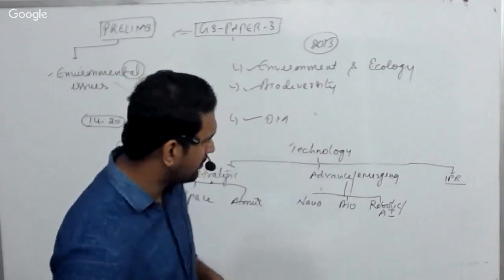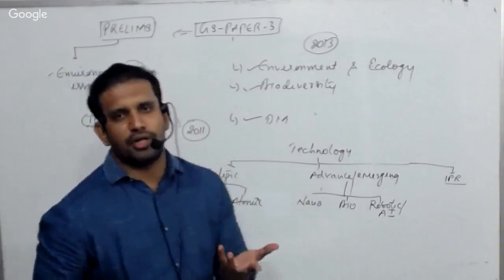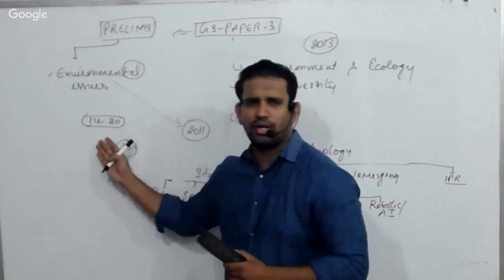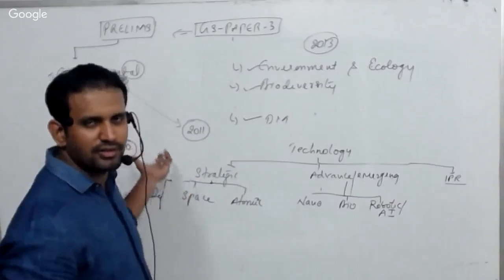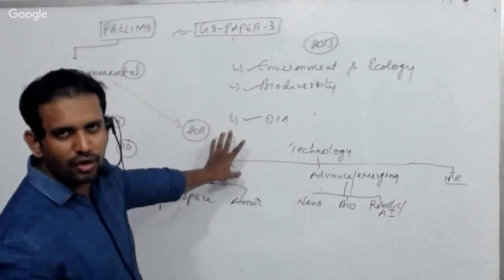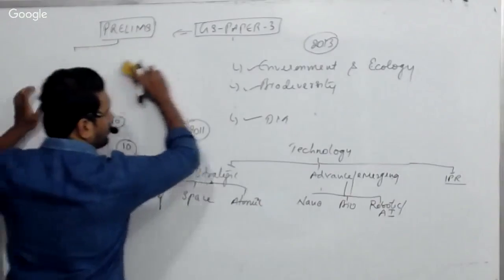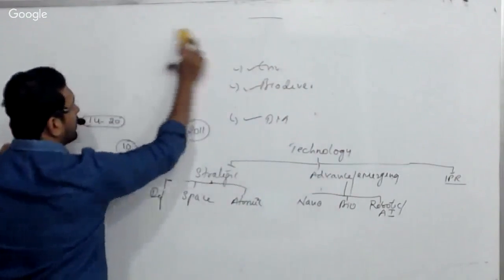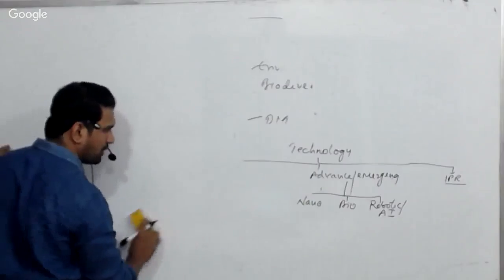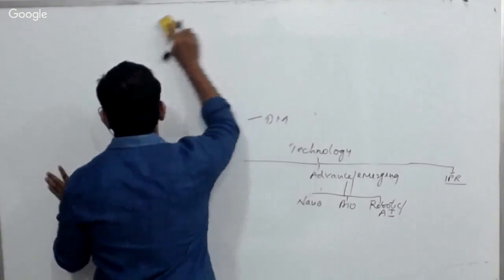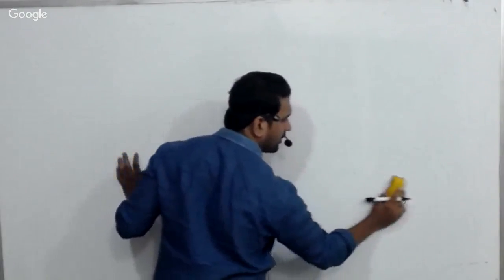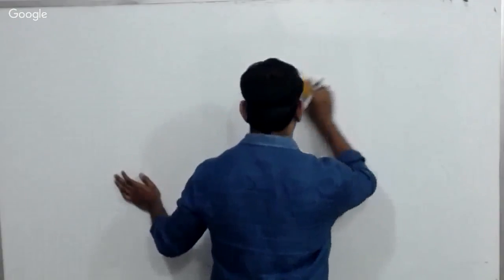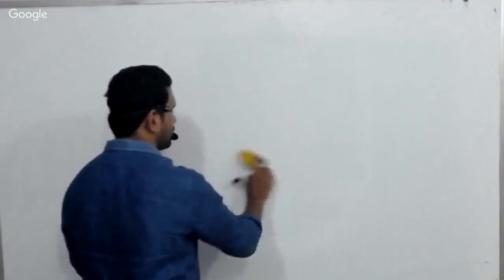Remember this. But what is important to us is the prelims part. The prelims part is very, very important, because it is a game changer. It is the decider whether you write mains or not. For the preliminary examination, you need to work very hard on the environment and ecology subject. Whatever you learn for the prelims, you can write the mains question with your eyes closed, because the questions are no different from the prelims syllabus. Directly you can write it.